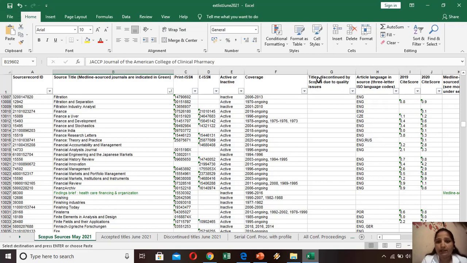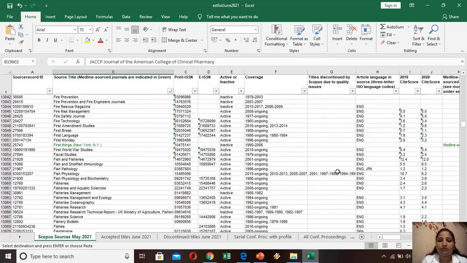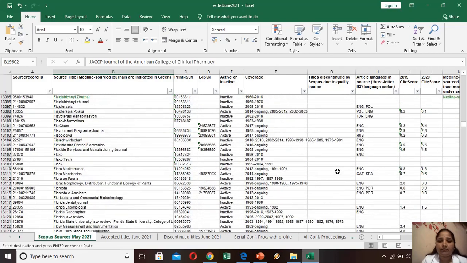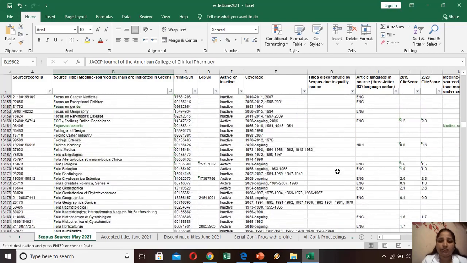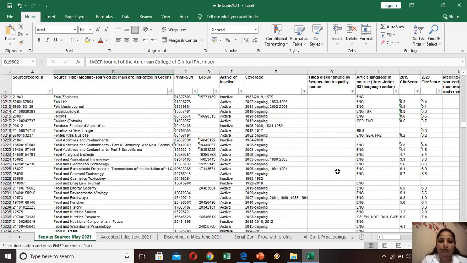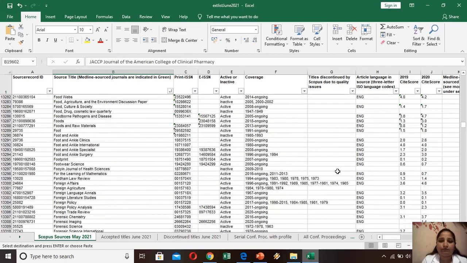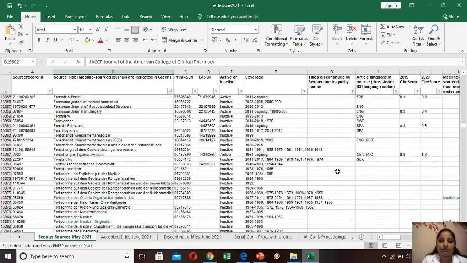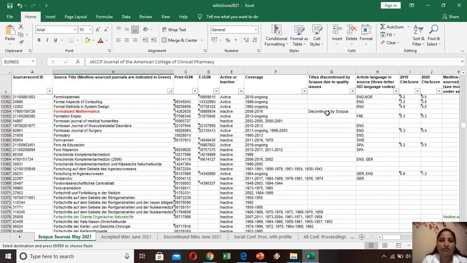Also we can see the titles discontinued by Scopus due to quality issues. Here you have some journals that are mentioned as discontinued from Scopus, and you can see that this one is discontinued from Scopus.